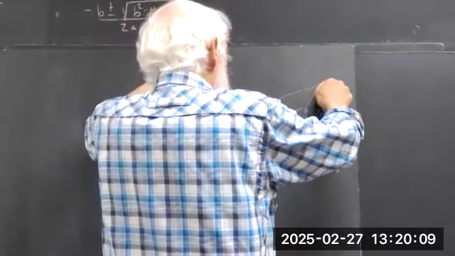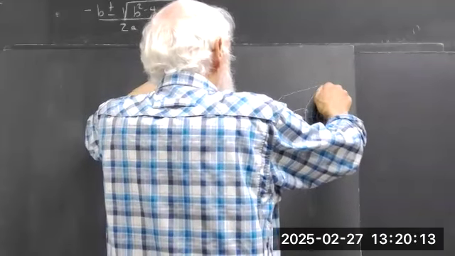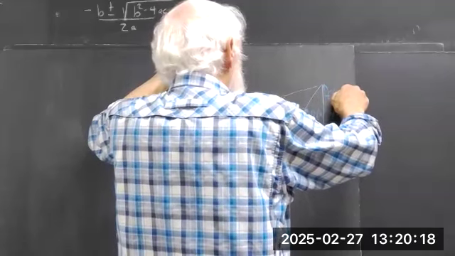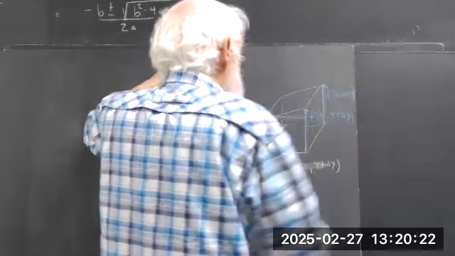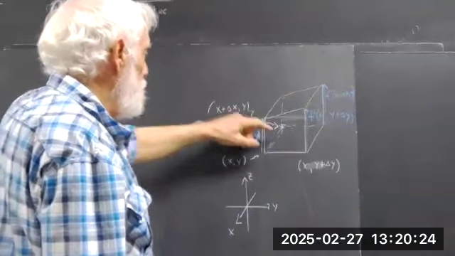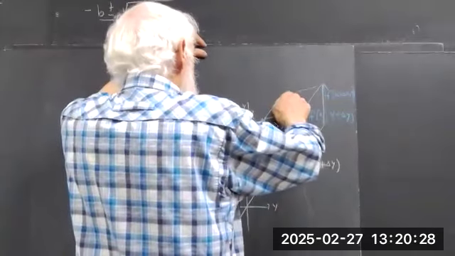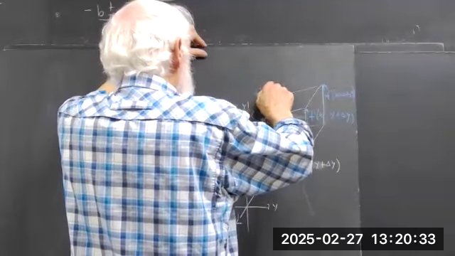Then we could have an arrow back here, that's f of x plus delta x, y. And we could even have an arrow back here. It could represent f of x